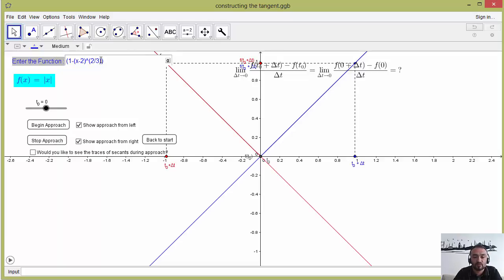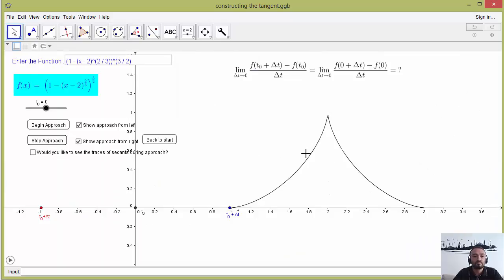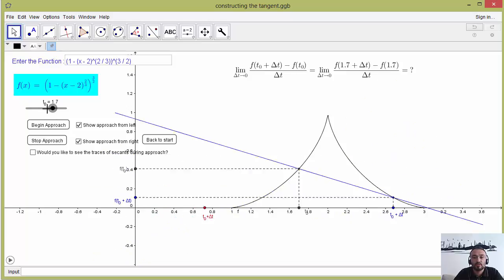I prepared this function before. Yes, my function is this now, and I will search for the derivative at the point 2